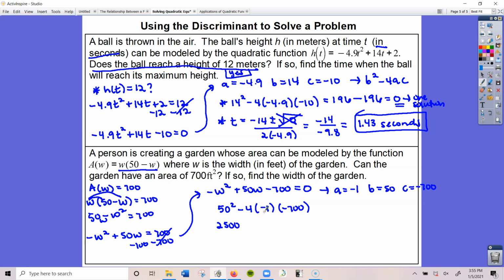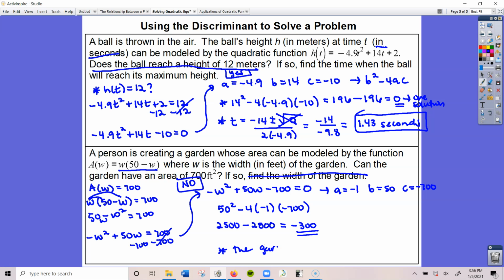Negative 4 times negative 1 is a positive 4, times negative 700 is a negative 2,800. And I get here 2,500 minus 2,800, which gives me negative 300. Because I end up with a negative discriminant, that means that no, this garden cannot have an area of 700 square feet. So we don't even have to bother with the second part of the question,